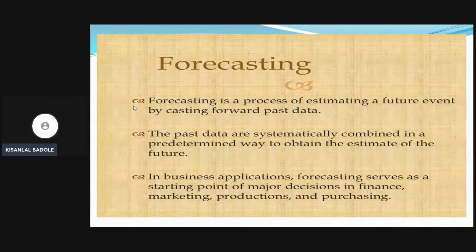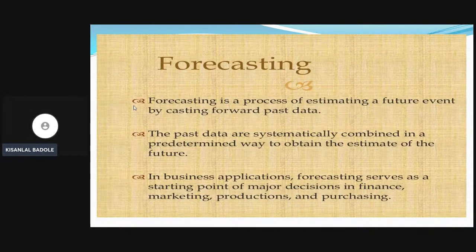The past data is systematically combined in a prepared way to obtain an estimate of the future. In business applications, forecasting serves as the starting point of decisions in finance, marketing, production, and purchasing. For that purpose,